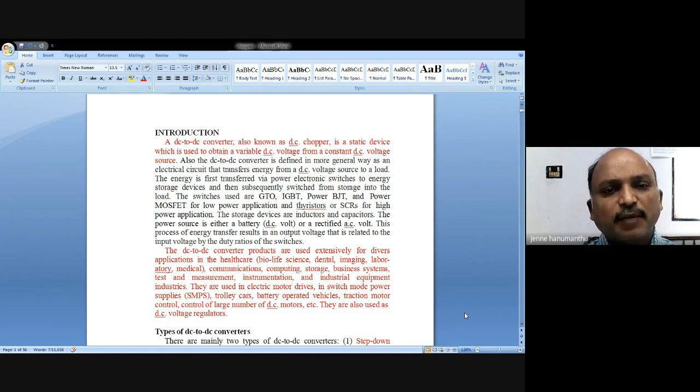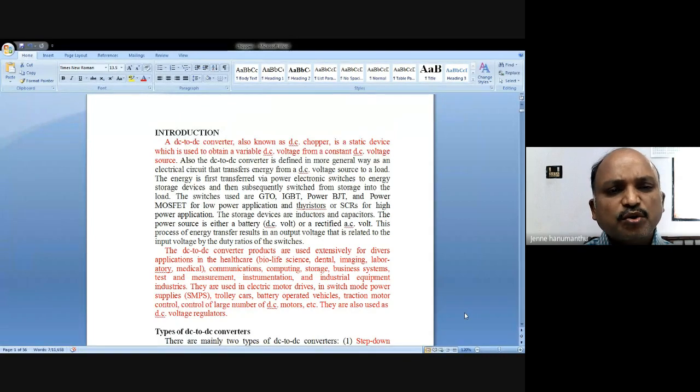Remember, the chopper output is always variable. So the output voltage you can vary. A chopper mainly converts the fixed DC into variable DC.